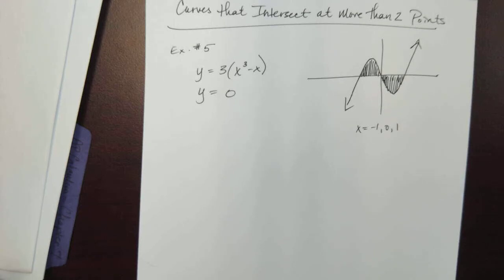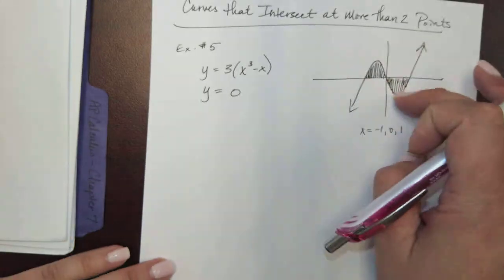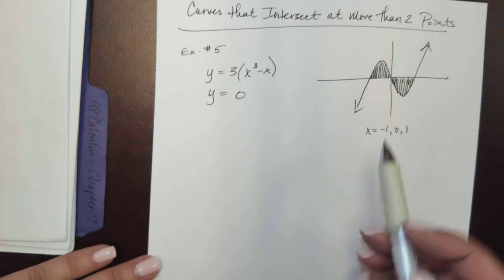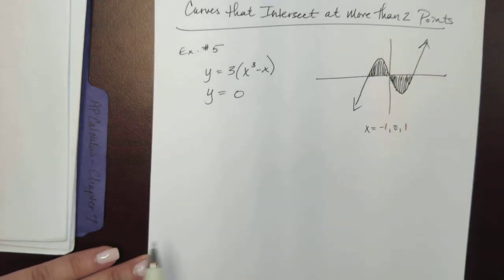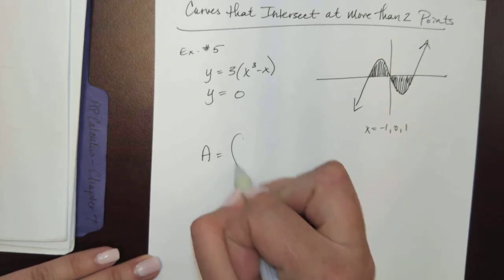So how we're going to handle this, well, we know that these are symmetric. If we didn't, we would have to integrate twice and add them. And I'm going to do that at this point just so we are in the habit of doing that, okay? But this is symmetric, so I could theoretically just find the area of one and multiply by 2. So my area is going to be integral